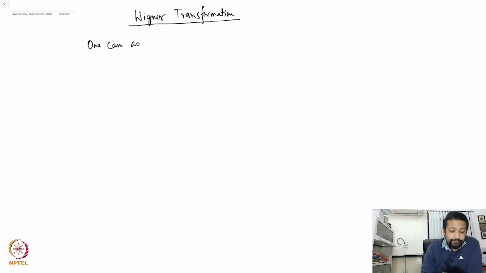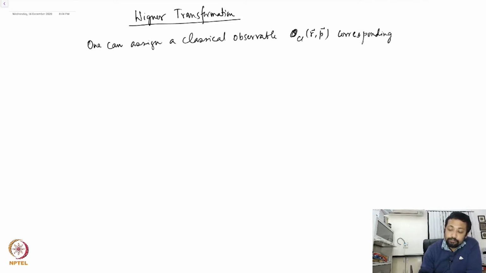So now we look at what is called the Wigner transformation. Some of you may already have learned this in quantum mechanics, but it's a very brief review that we do. The idea is that one can assign a classical operator, or let's not call it classical operator, let's call it classical observable, O_CL(R,P), corresponding to a quantum mechanical operator